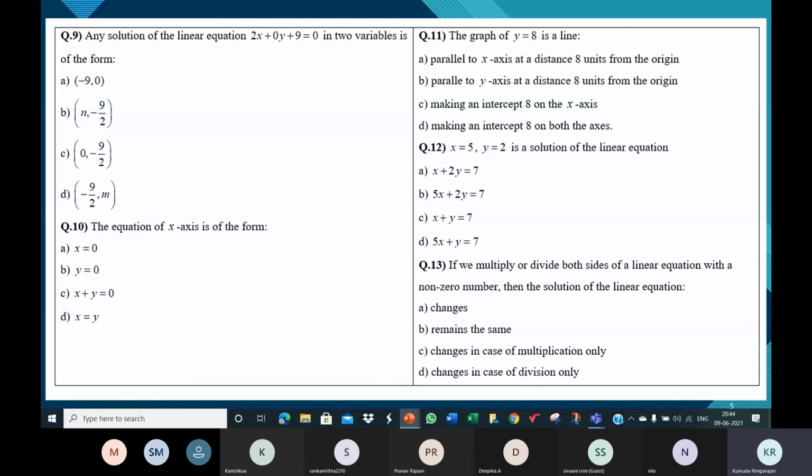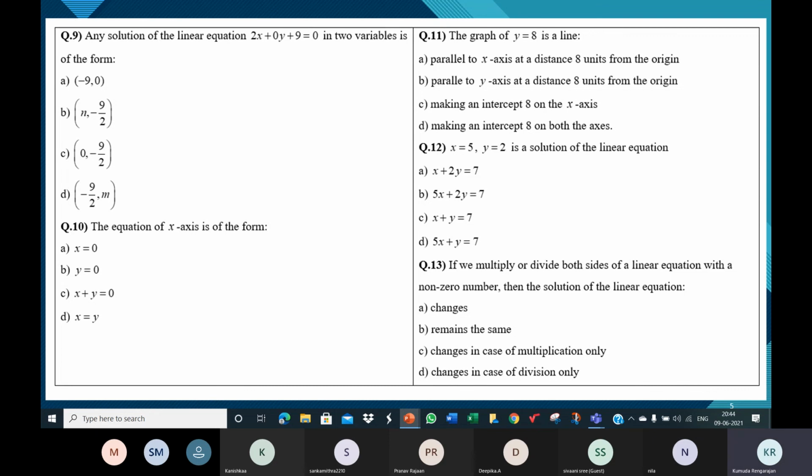Please make the graph of x plus y is equal to 7 and then make the graph for 2x plus 2y is equal to 14. You may be plotting 6 different points, but you will see that all the 6 points are collinear. When you join, the 2 lines will lie one over the other. There'll be coincident lines. The graph of x plus y is equal to 7 and the graph of 3x plus 3y is equal to 21 when you multiply by 3 throughout, the 2 lines will be coincident.